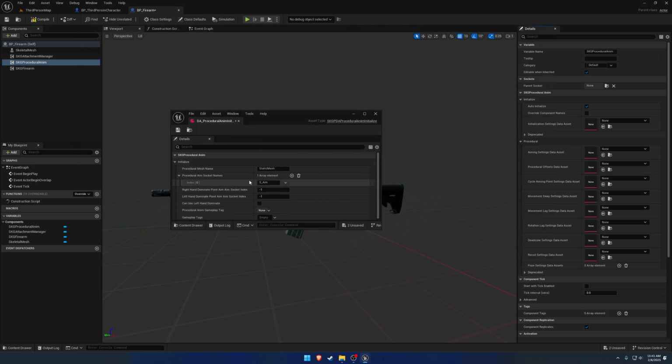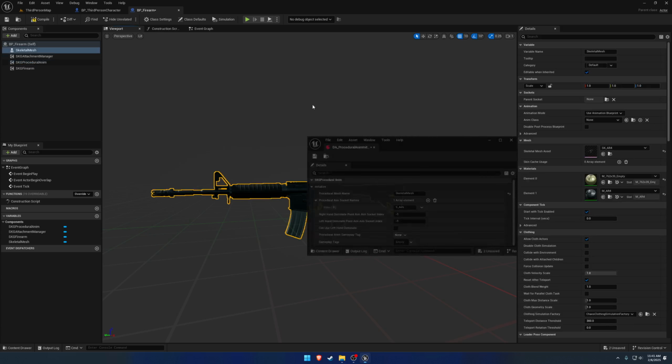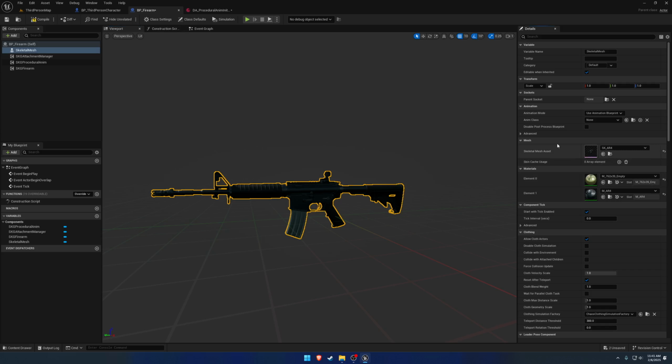So to begin, we have a procedural mesh name. In our case, that's going to be the skeletal mesh. And then because in our case, we do want to aim with it, it does have an aim socket by default, which is S_aim. So what we want to do is add this socket so that we can aim with our firearm. So let's go to our firearm mesh, open that on up,